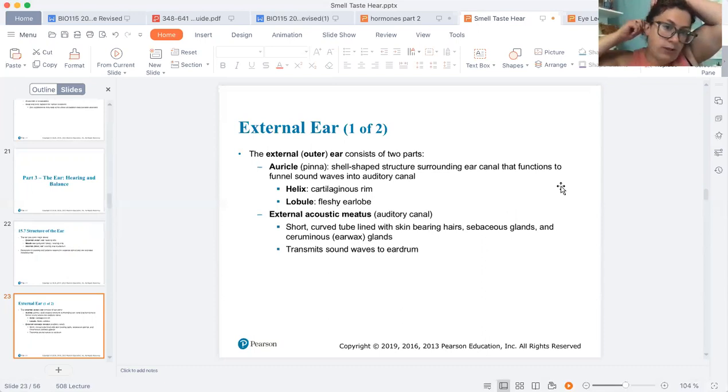We have the auricle, which is the whole entire thing, or pinna. It acts as a megaphone to bring the sound more into the ear. We have the helix up here, which is the cartilaginous area. A lot of people like to get this pierced, and the lobes are what a lot of people like to get pierced as well. We have an area called the external acoustic meatus, which is also the auditory canal,